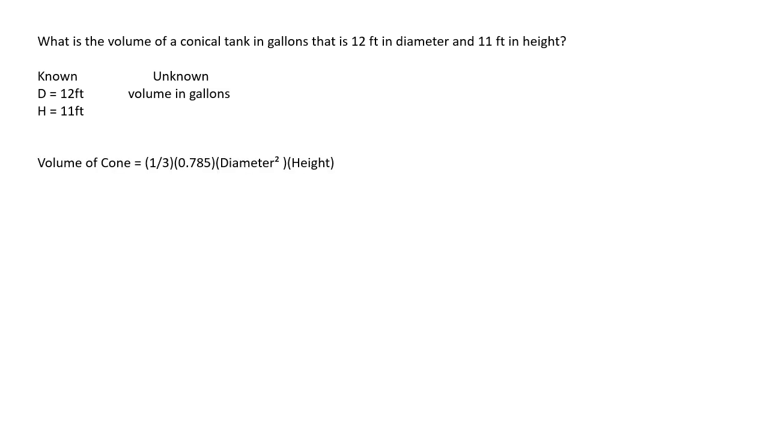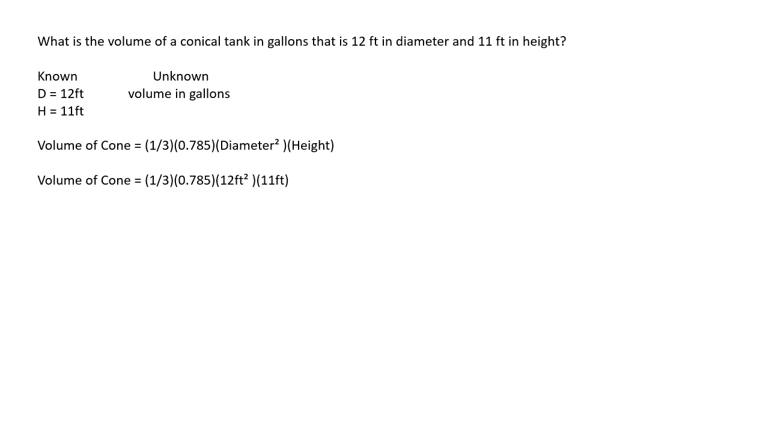So this is a conical tank, so it's just the cone itself. The volume of a cone is equal to 1/3 times 0.785 times the diameter squared times the height. Remember, in water treatment, you're usually solving for cubic feet, so we have to make sure all of our units of measurement are in feet, which they are, so we can plug them into the formula. So you have 1/3 times 0.785 times 12 feet squared, so 12 times itself, times 11 feet. We can do the multiplication. So the volume of the cone is